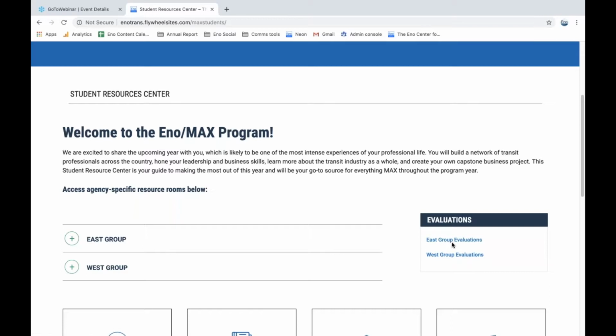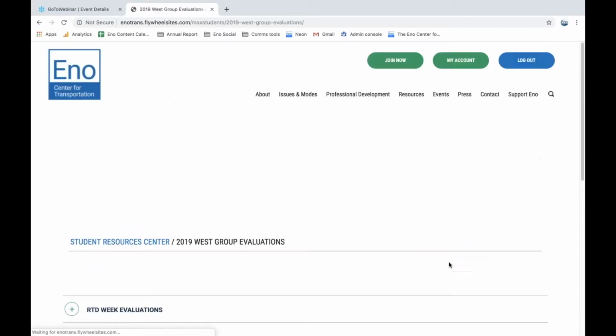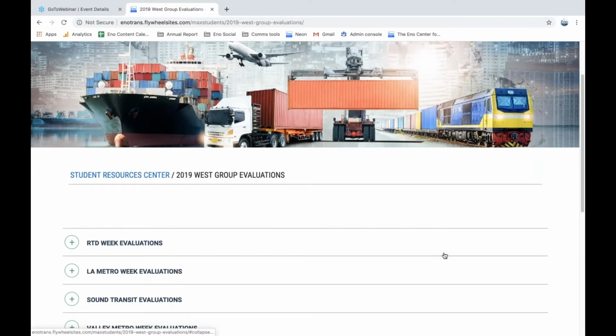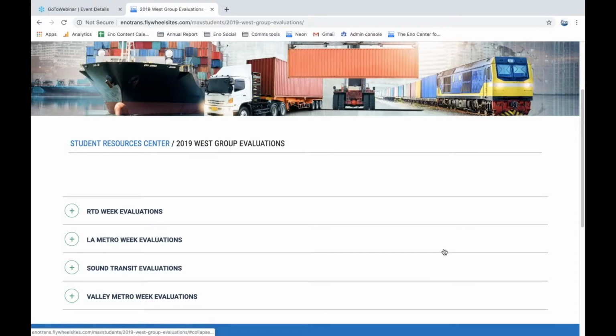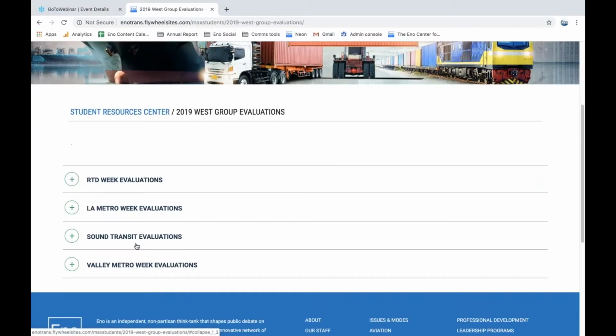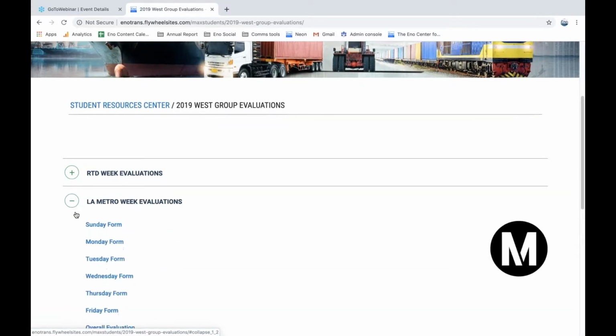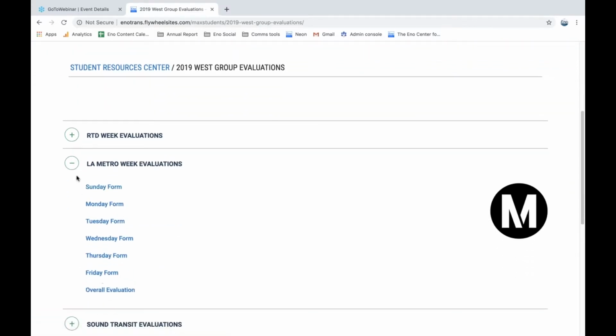If you click either one of these, East Group evaluations or West Group evaluations, you'll go to a page. We were trying to decrease the number of clicks you had to get to the evaluations. So you'll see here, they're all on one page with the toggle menus again. If I click the plus to expand them, I'll be able to find all of the forms, and the